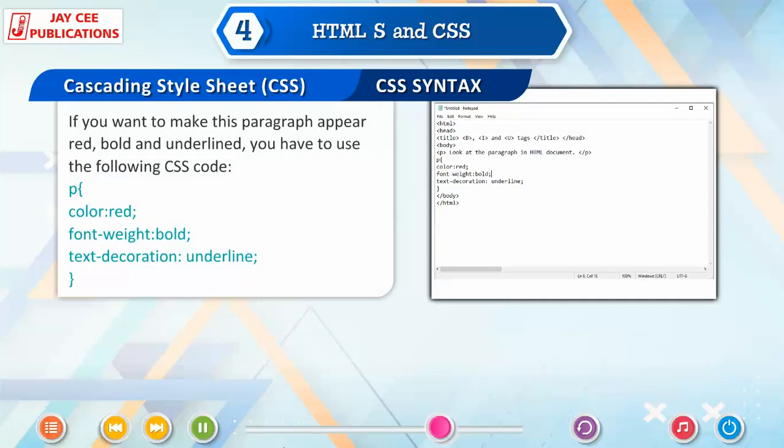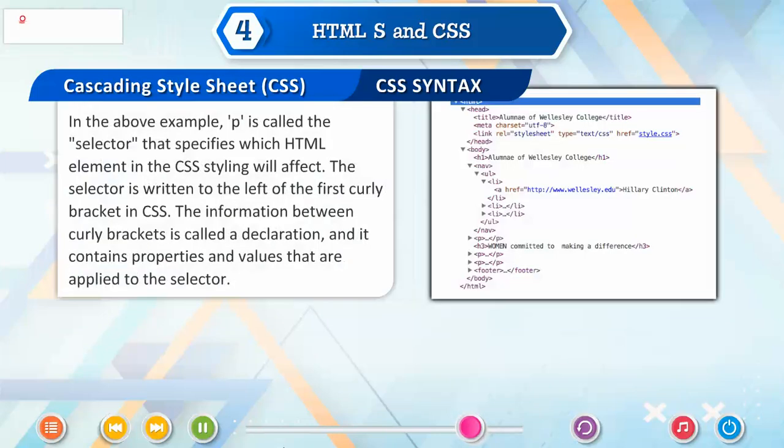If you want to make this paragraph appear red, bold, and underlined, you have to use the following CSS code. p { color: red; font-weight: bold; text-decoration: underline; } In the above example, P is called the selector that specifies which HTML element the CSS styling will